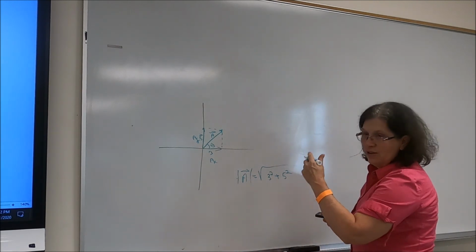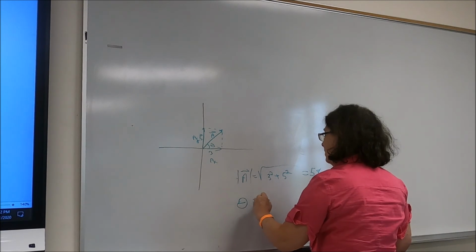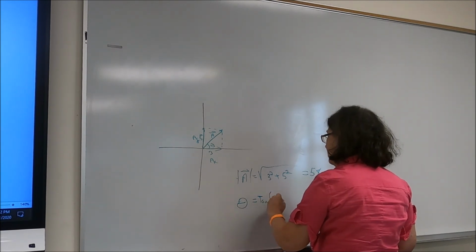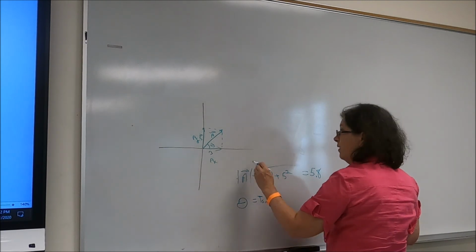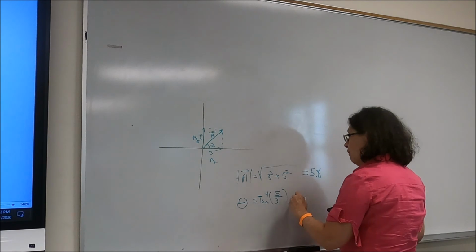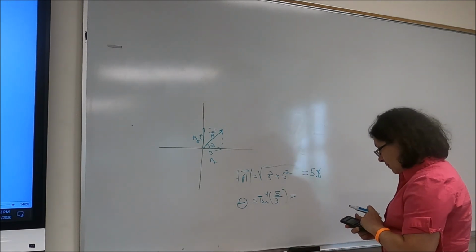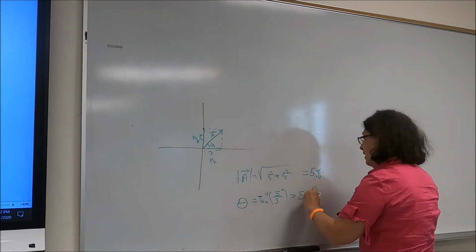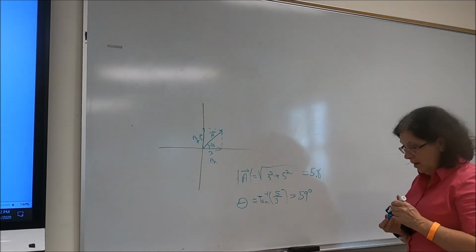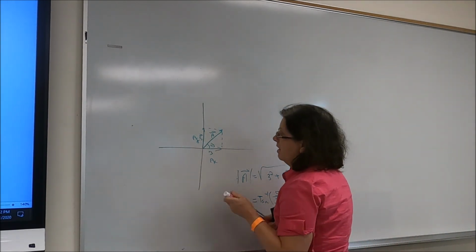I'm going to go with 2 sig figs. I'm making up numbers. To get my angle theta, then I'm just going to take the inverse tangent of AY magnitude, which is 5, over AX, which is 3. 5 divided by 3, inverse tangent, and I get 59 degrees. Okay? Now, if my vector was in another direction,